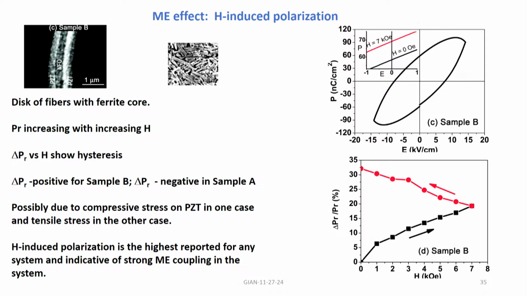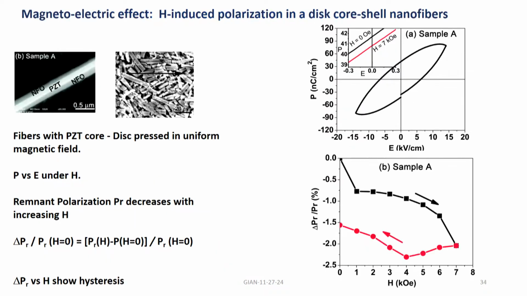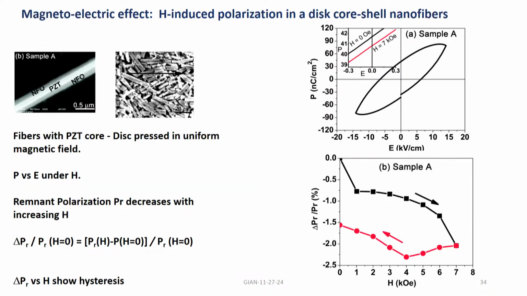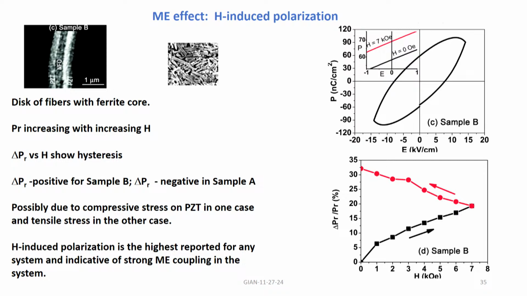And these are similar data. The previous one was for fibers with PZT core and nickel ferrite shell, and this one is nickel ferrite core and PZT shell. And look at these values here. The fractional change in the polarization, in the previous case it was negative, in this one it is positive. So, the strain in one case is compressive, in the other case is tensile. That is the reason for the change in the sign of the